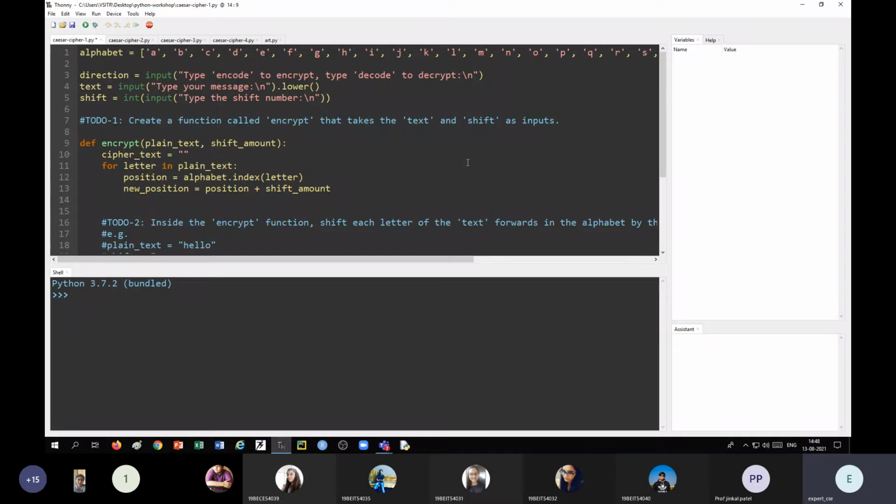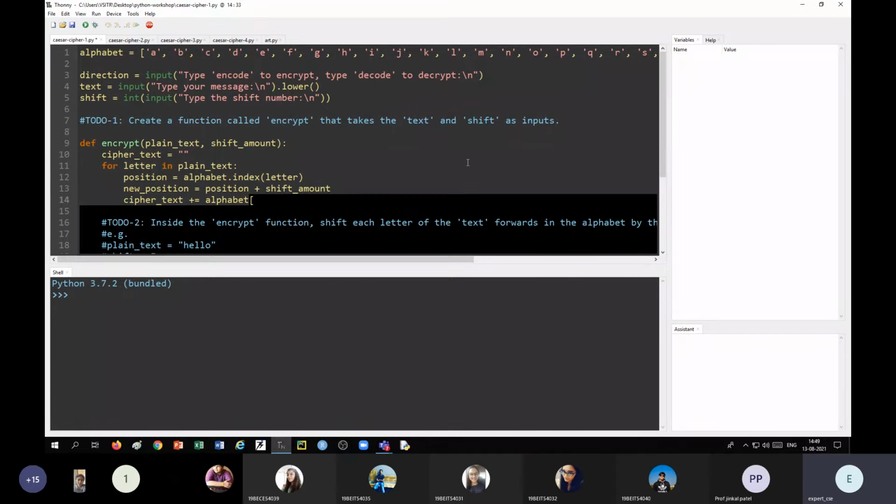After getting the new position, we can get a particular character from the alphabet, which is to be stored in the cipher_text. We can simply say cipher_text plus equals alphabet[new_position].